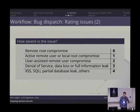After that, if you get the user to open a file in a program and that file is specially crafted, or you get the user to open a website or whatever, and you gain access via that, that's category 2. And for global service impairments like denial of service, data loss, or leaking a complete database, we give a rating of 3. And for the rest, this includes cross-site scripting and SQL injections because it's just so common in web applications,